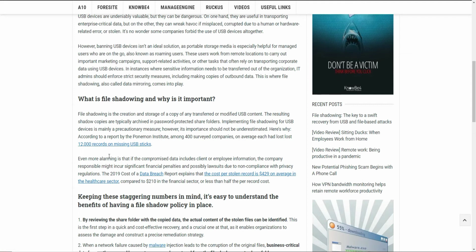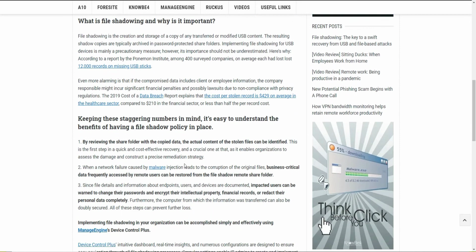Huge money. Never mind the fact that you could face significant financial penalties and possible lawsuits due to non-compliance with privacy regulations. So, not to overstate this, but this has a huge financial impact if all you wanted to do is move files from one computer to another computer using a USB stick. So if you keep these staggering numbers in mind, it's easy to understand the benefits of having a file shadow